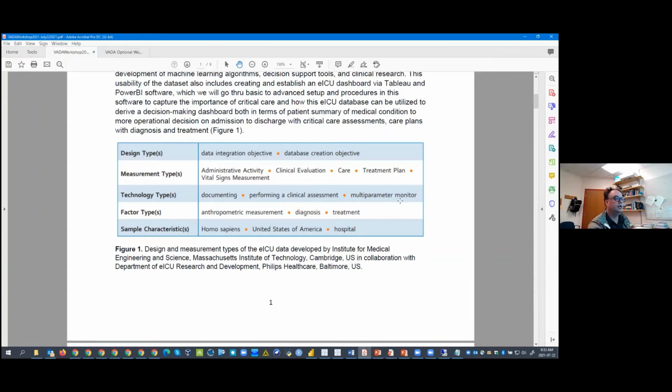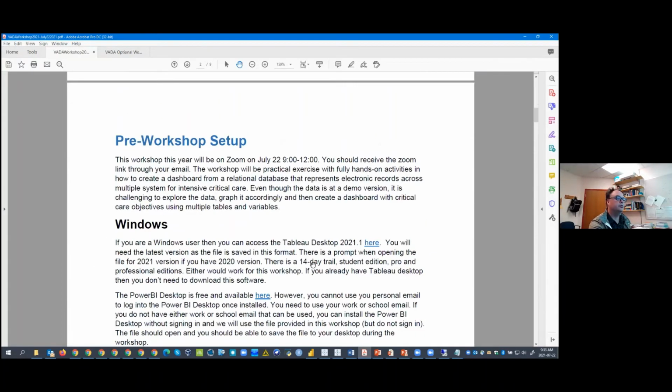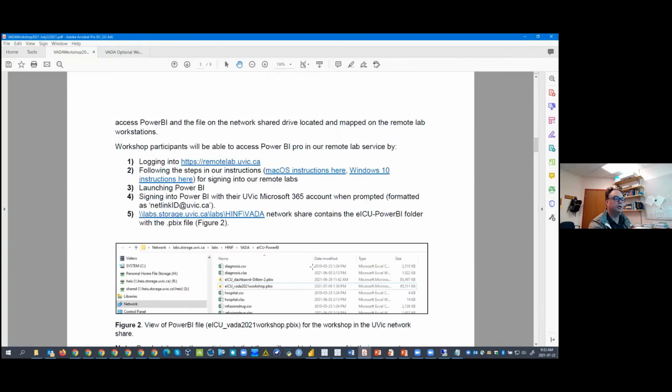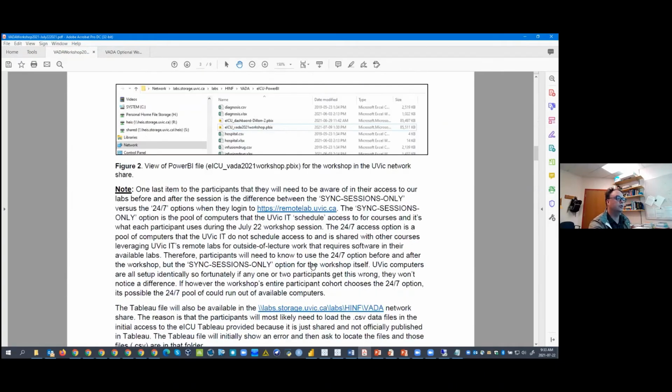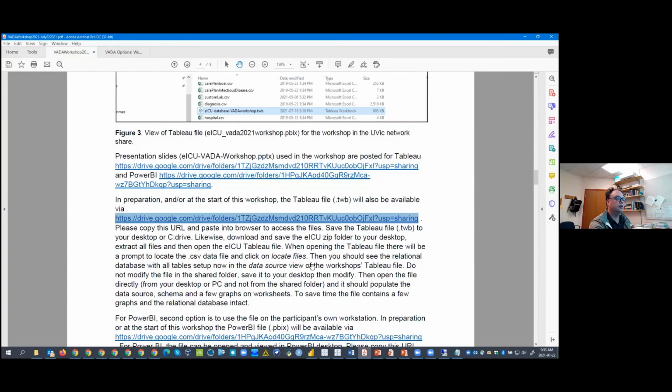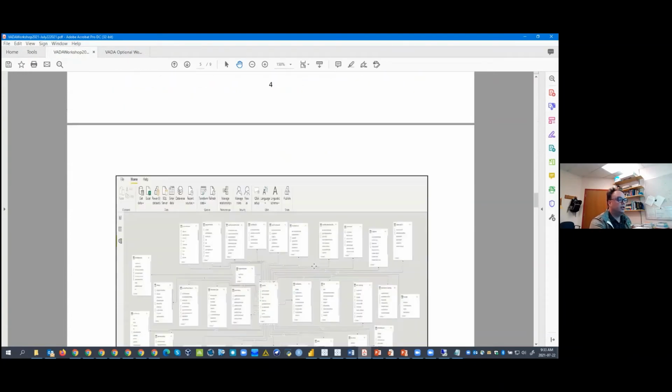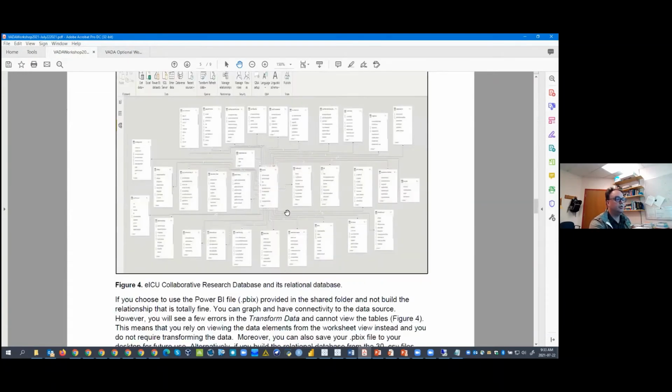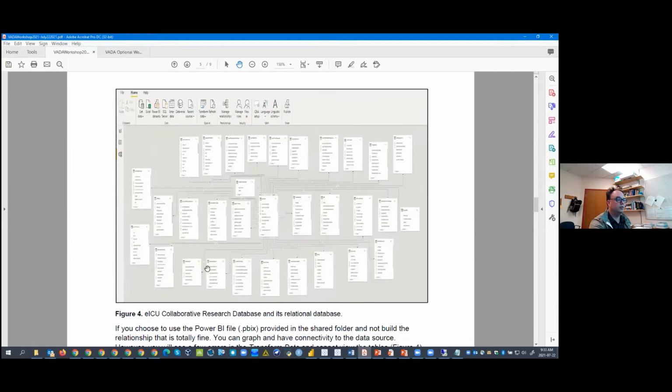And we'll go into that. And that's also in the measurement types as well. So you can see vital sign measurements here. There's admission, there's clinical evaluation, there's care, treatment plans, etc. And there's, at the hospital, different hospitals, and they actually have different groups like the Midwest or Northeast and those kind of areas. Okay, so we have that, and then this is the relational data set for the view in